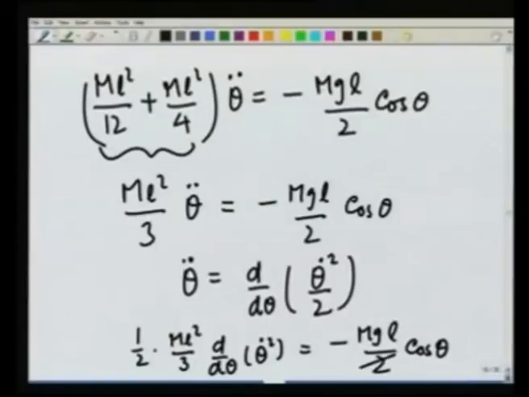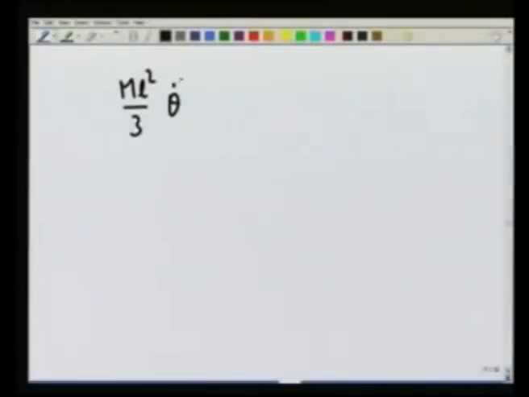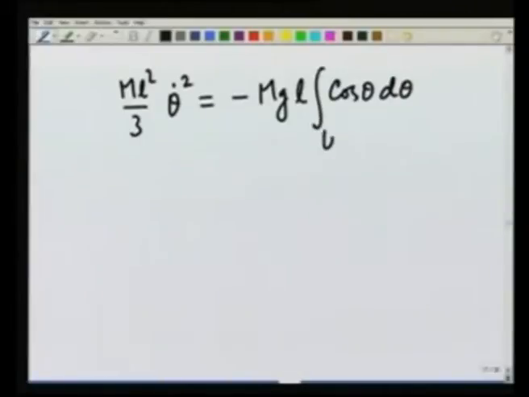This 2 cancels, and that gives me m L square over 3 theta dot square is equal to minus m g L cosine theta d theta, starting from the initial angle theta 0 to some angle theta, and that is